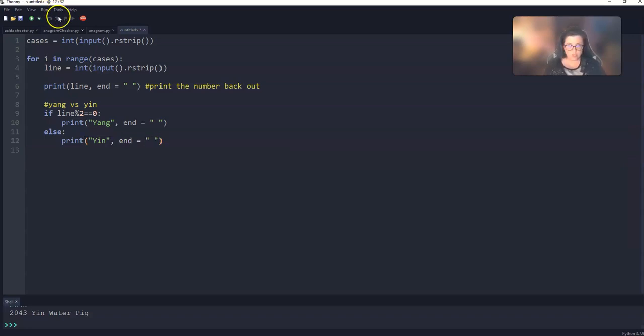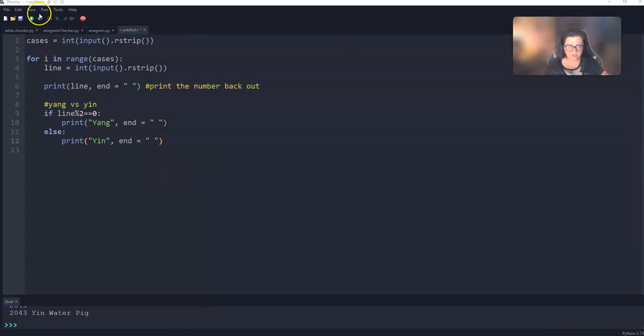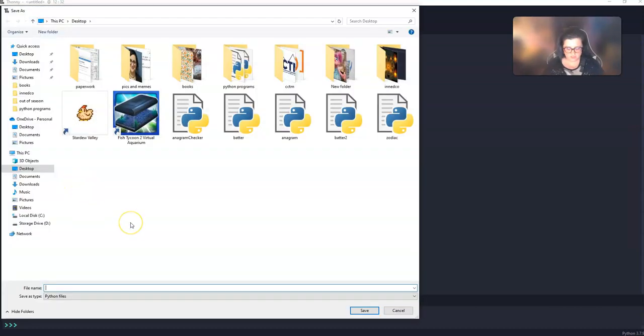Okay, cool. So we can actually go ahead and just test this, just the yin-yang part. We're obviously not done yet, but let's see if we put in like 1984 and 212, we should be getting yangs both times. So let's see if we're kind of close there. So I'm going to run it and save it as